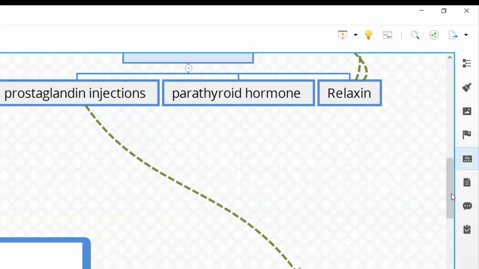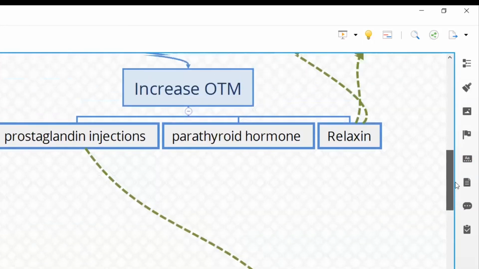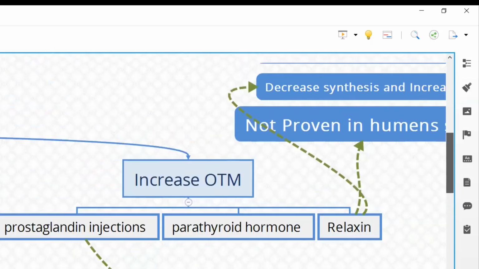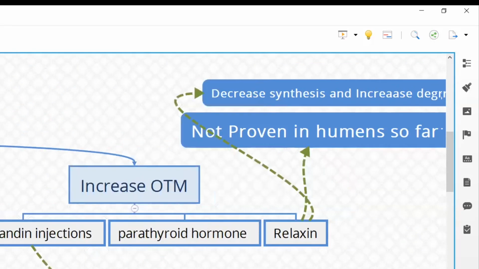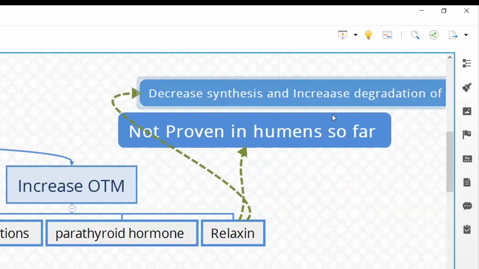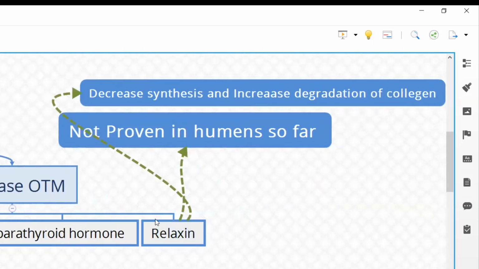And then comes relaxin. Relaxin is basically a pregnancy hormone which is released near the time of delivery. A few words about relaxin: it decreases the synthesis and increases the degradation of collagen, and it facilitates the passage of the baby through the birth canal by decreasing the synthesis and increasing the degradation of collagen. However, this study has been conducted in rats. In human trials regarding relaxin, we do not have high-quality evidence that giving relaxin can increase orthodontic tooth movement. The study so far has been proven only in rats. In humans, the evidence is not established for women.